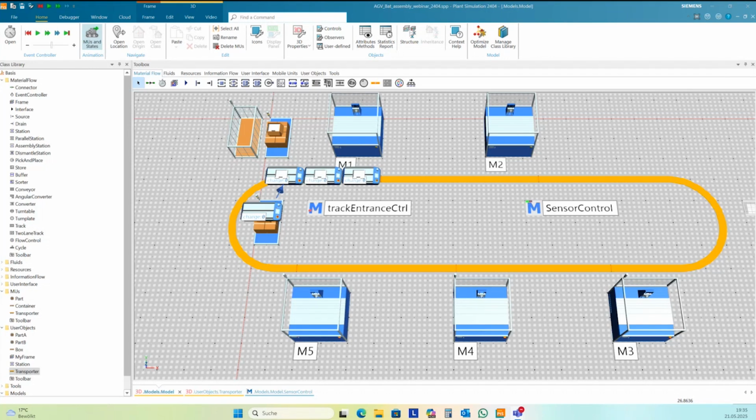The Python interface is not made for replacing SimTalk here, but you can do this with Python. Yes.